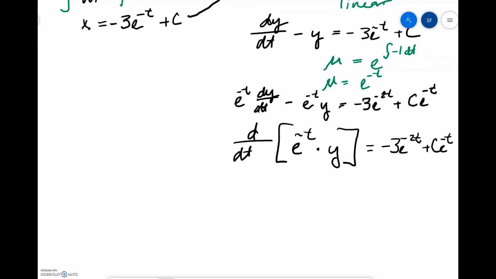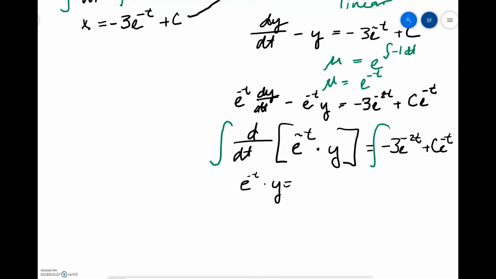So now we can integrate, and the integral and the derivative cancel each other out on the left-hand side. So e to the negative t times y equals, when I integrate this side,